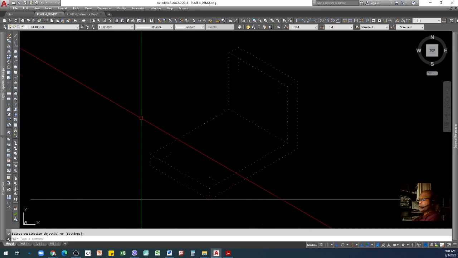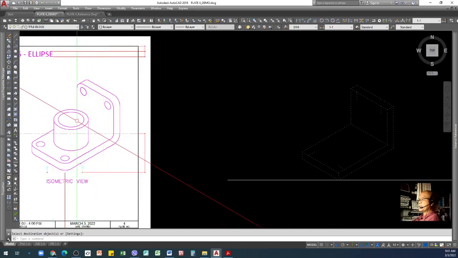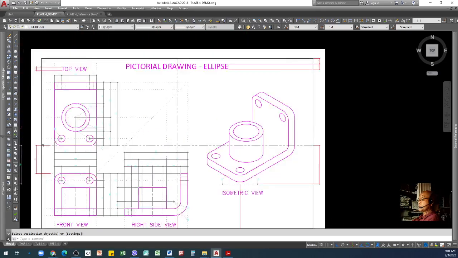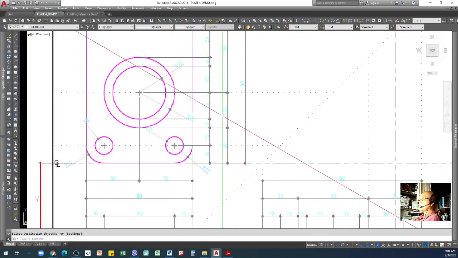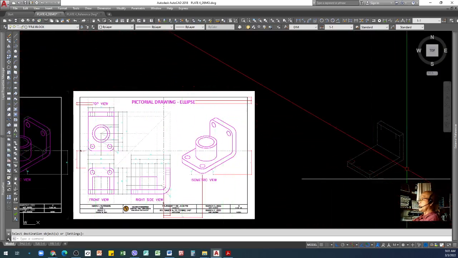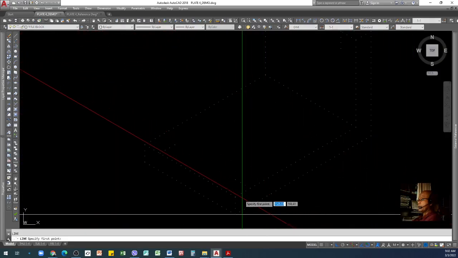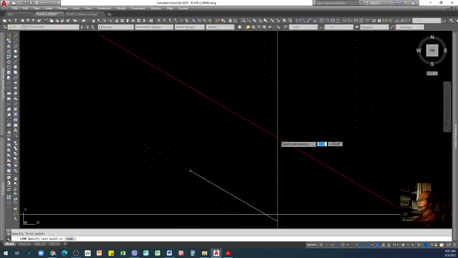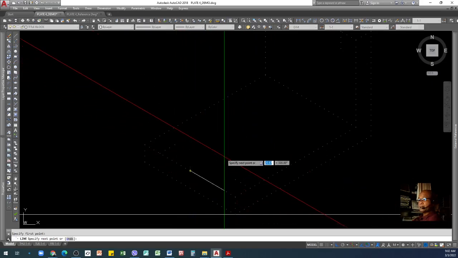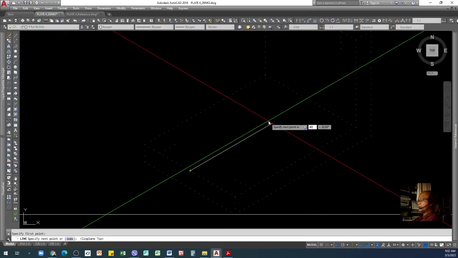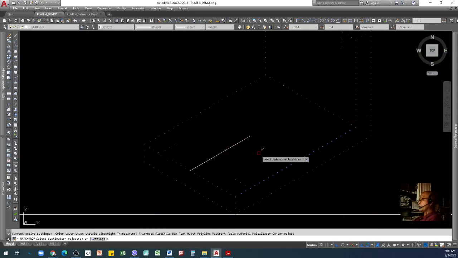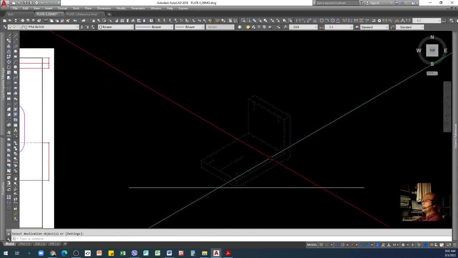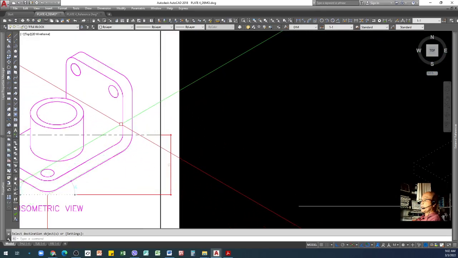So now we need to locate also the center of this tube, which you can find here. So distance from that is 20 and 20, so 40, and then from the side it's 30. Okay, all you need to do is just draw a line here. Since it is in the midpoint of this line, Control E, then I need to draw a line 40 units. So that's the center of the ellipse. Okay, then this one here.